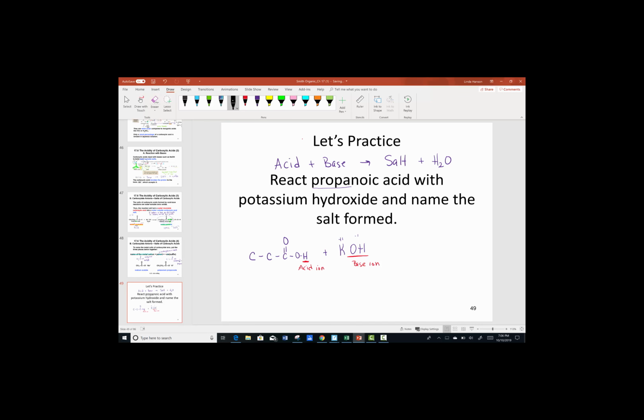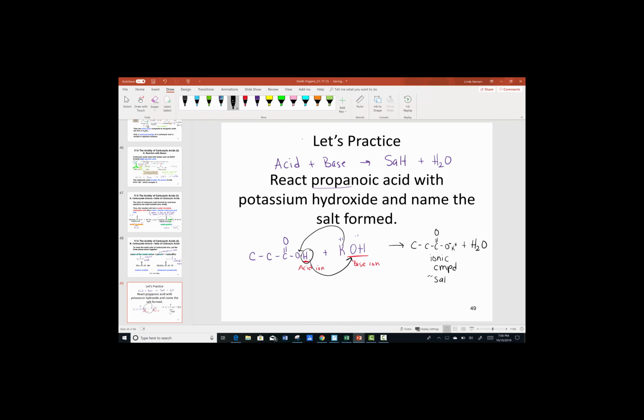In a double replacement pattern, we're going to switch the 2 positive ions. So this positive acid hydrogen will now go to the hydroxide negative ion, and we will form water. The salt that forms has the positive potassium attaching to the negative region of the oxygen, and we would write that as our 3 carbons, O, and then the double bond for carbonyl attached to this oxygen. And this oxygen is negative and K is positive. So you can see that it's an ionic compound,